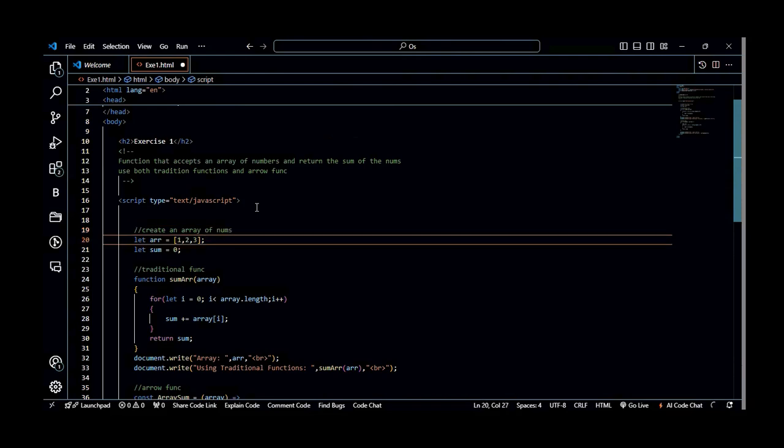So this is going to be the array that we want to return the sum of each number. When they say the sum of each number, we can see our array has 3 elements: 1, 2, and 3. So we want to add all of those elements and return the sum of those elements. So we need to